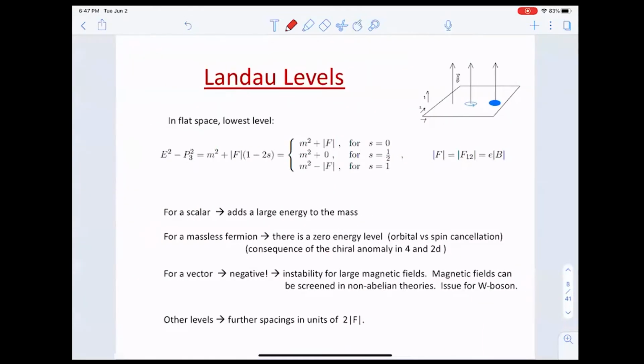So let me do a quick reminder of the Landau levels. Let's consider now a constant magnetic field in flat space. So we have a situation as we are discussing here. We have the 1 and 2 plane, and we have the magnetic field in the third direction. And in this situation, we have boost invariance along the 3 and time directions. So then for all particles, we'll have some dispersion relation